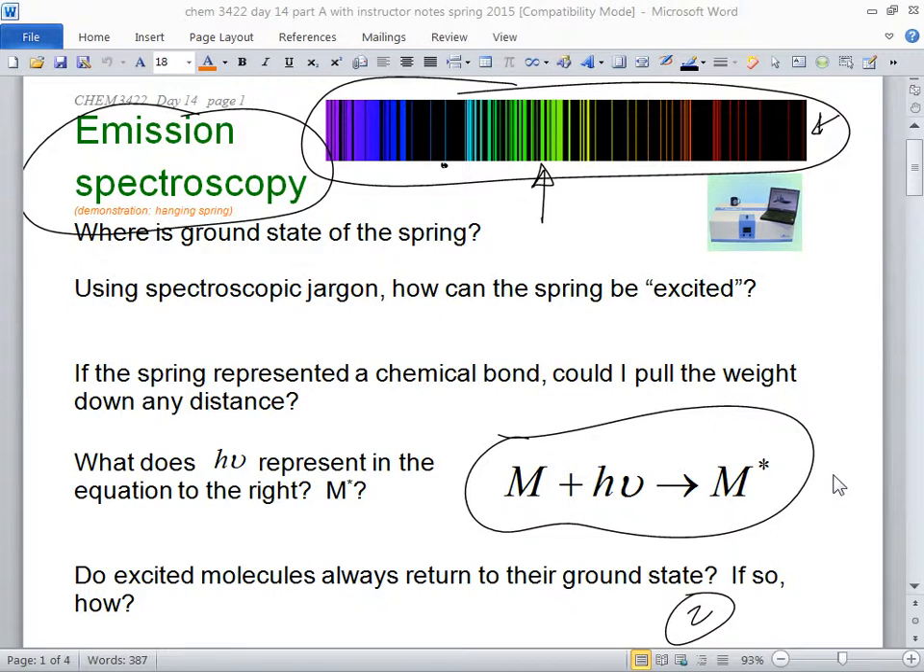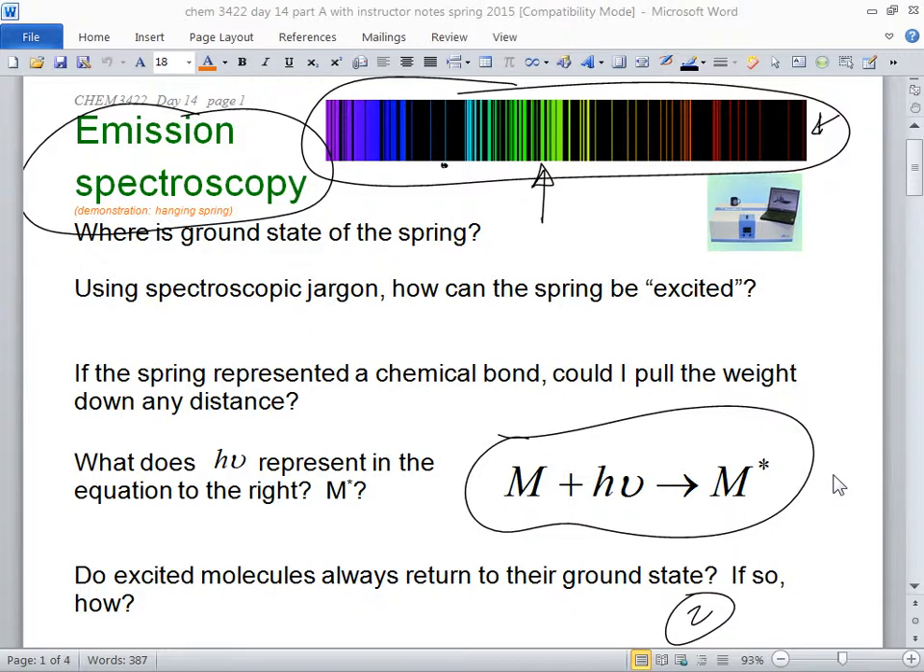Okay, so we'll finish today, day 14, and then we'll have a quiz on it next class period. So it kind of pushes everything back a day, but that's fine, right? Okay, so we've been talking about emission spectroscopy, and